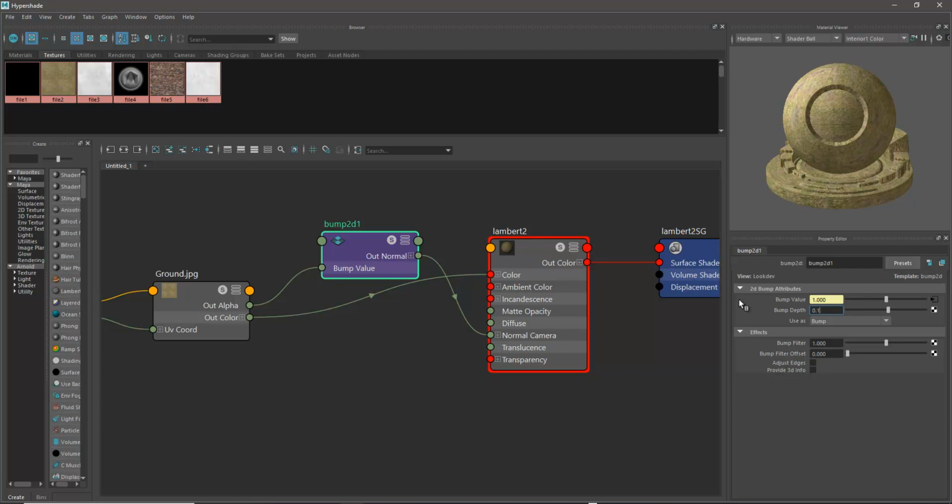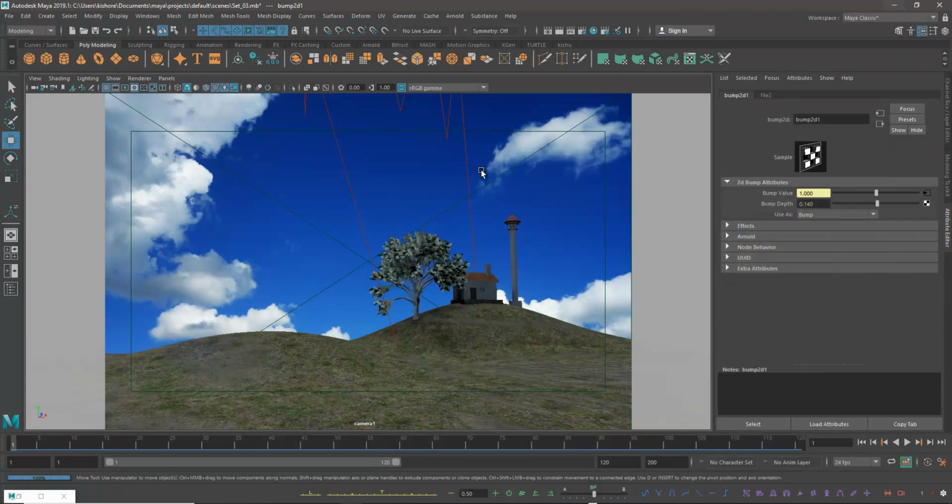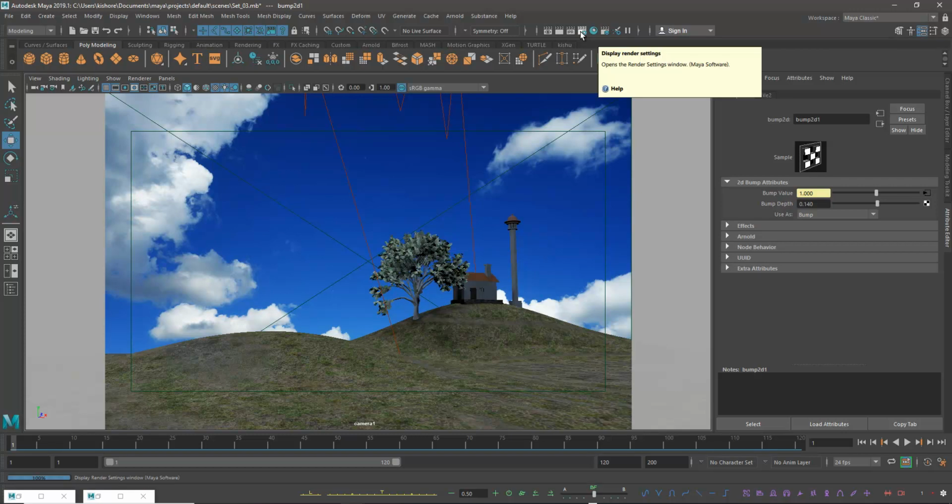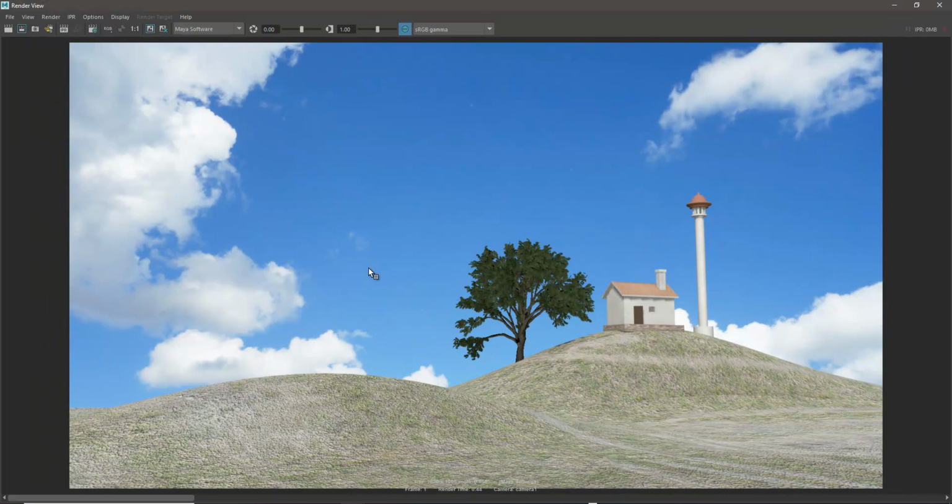0.14, that is sufficient. So now you can see less roughness, so that is fine. So this way we can apply lights for the scenes and all. So let's take one more render. Now we can see that